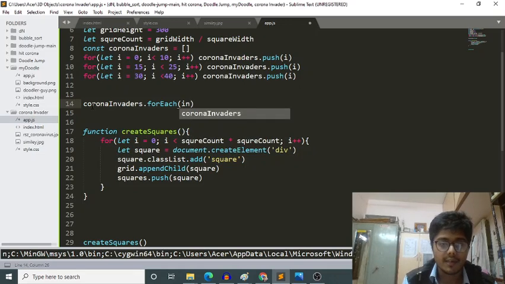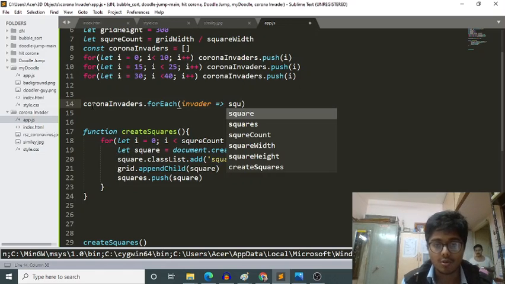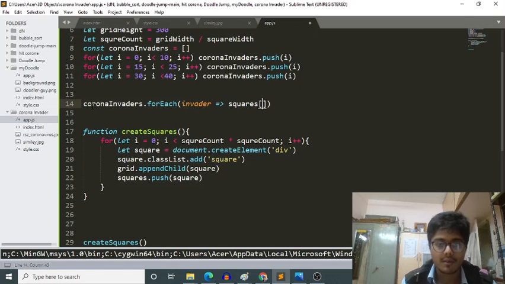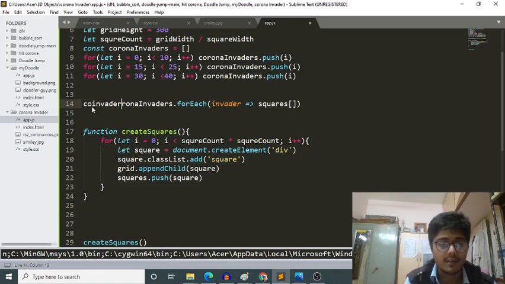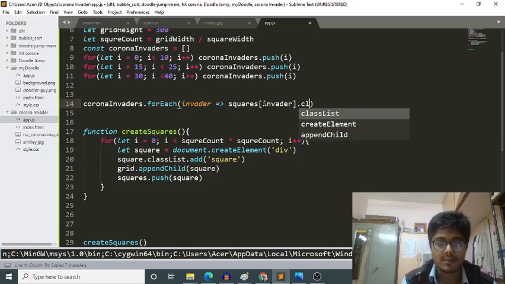So for each invader I want to, I hope you are aware of the forEach construct in JavaScript. So squares invader, I will just copy. I'm so lazy to type today, so I will just use classList.add, and I will define this invader class